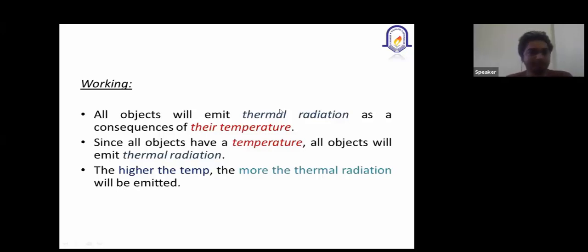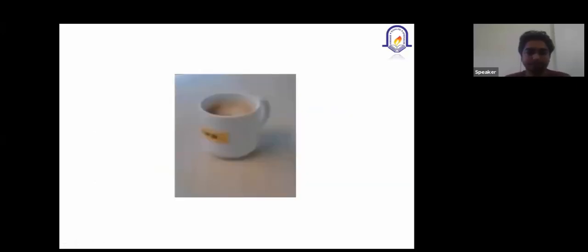When the temperature of this object is more, then we are going to get a more thermal contrast image. Understood? The more the contrast image, the more will be the accuracy of the location where exactly this object has a defect. Understood? Let's understand this one by using a simple example. Now look at this picture. It is a cup which has coffee in it. But do we know if the coffee is hot or cold?